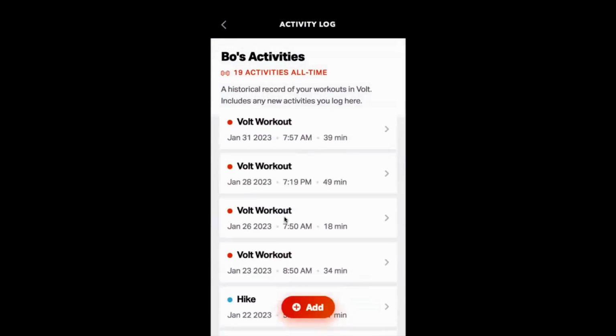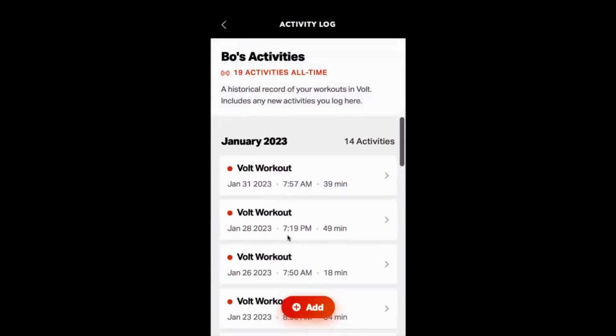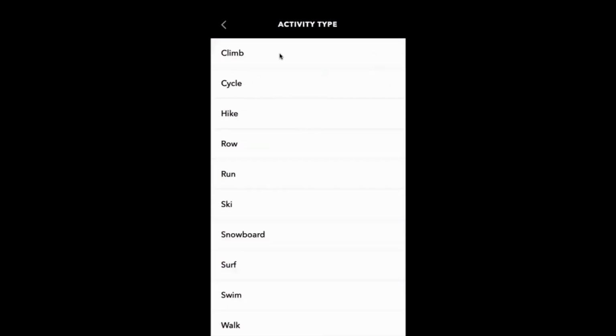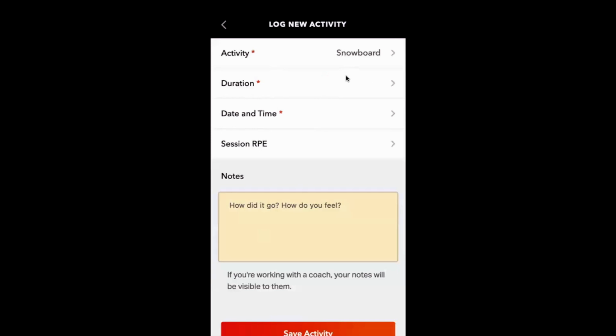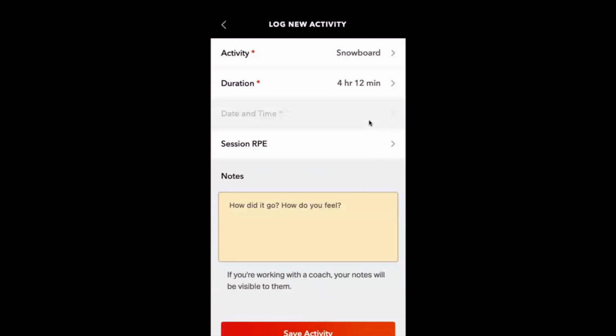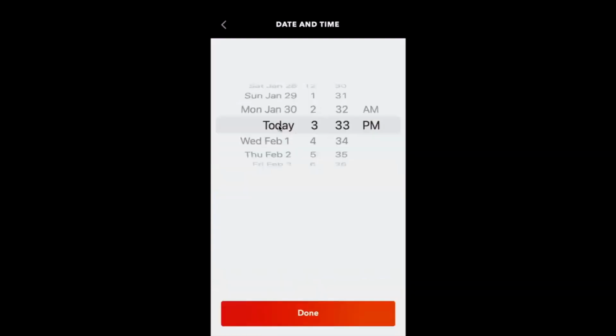This shows them all of their activities, and they can select add, specify the activity. So let's say I went snowboarding over the weekend. It's seasonal. Let's say that I was snowboarding for 4 hours and this many minutes. Okay, done. I'm going to log that as something that I did